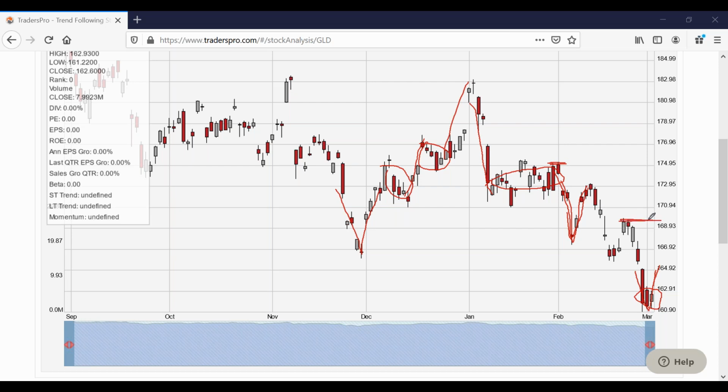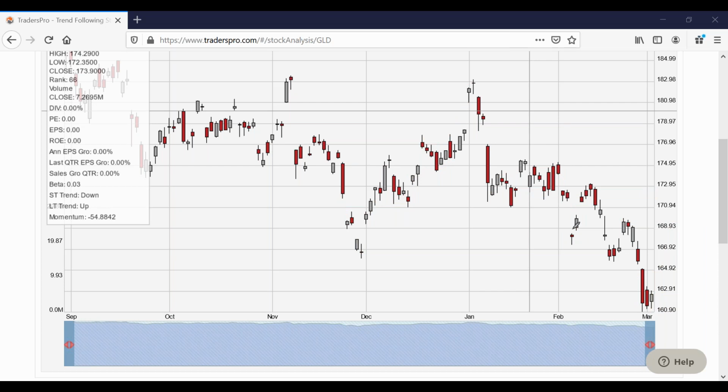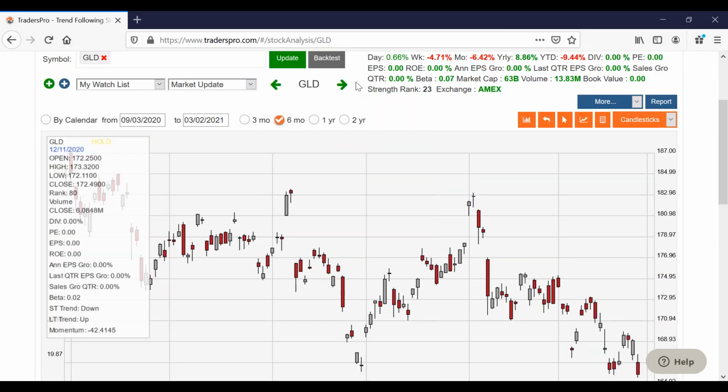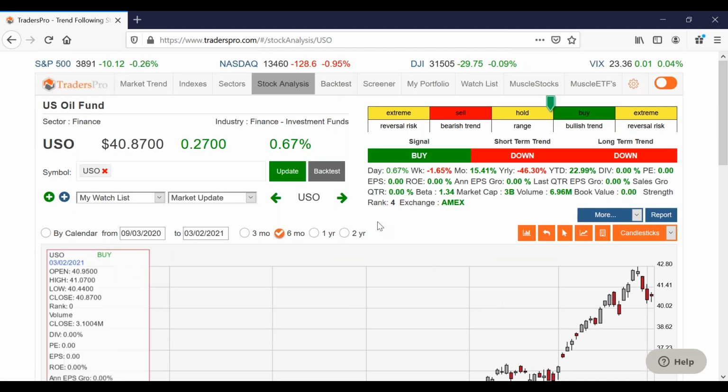So this is going to be a key spot right here. This is the previous lower high right here. If you start to see gold moving up sharply and it looks more impulsive and it breaks to a higher high right there, those are two clues that you're probably dealing with a trend reversal. You also want to see that first pullback. Is it more choppy, more sideways? Then there's a good chance it's taken off, and you could take advantage of that. We'll see. If I see it in the updates, I'll point it out, that it looks like it's a reversing trend. I know some of you are wanting to get into gold, but it's not saying to get in right now.